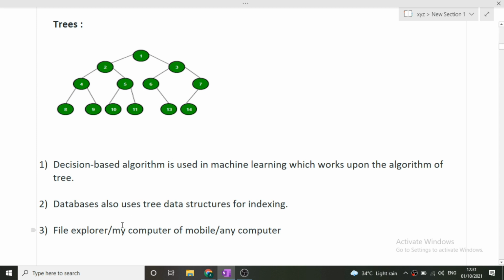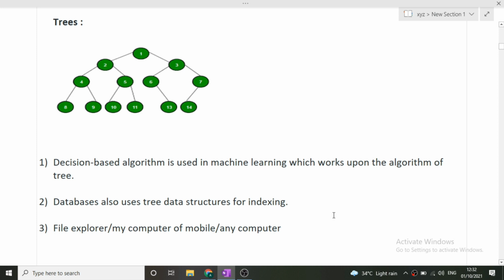Next is, see, we all have certain files that are saved on our computers. Now let's suppose we have a C drive. Inside the C drive, let's suppose there is a folder named code bashers, and inside code bashers there is a file called xyz.txt. Now the path of xyz.txt will be following a hierarchical approach. That is, first we will have to go to C drive, then we will have to go to code bashers folder, and then we can access that file. So this is a hierarchical structure of the file. So this is also implemented using the tree data structure. So I hope these three examples for the tree data structures are clear to you.